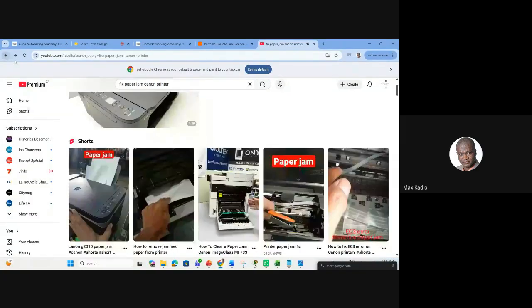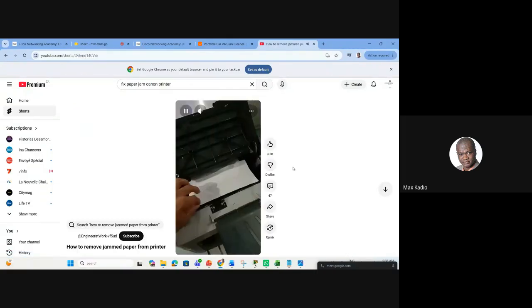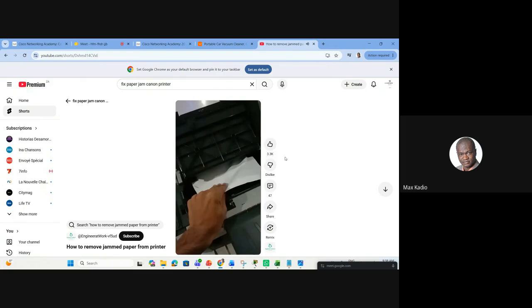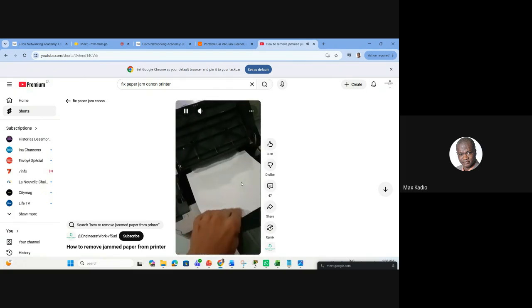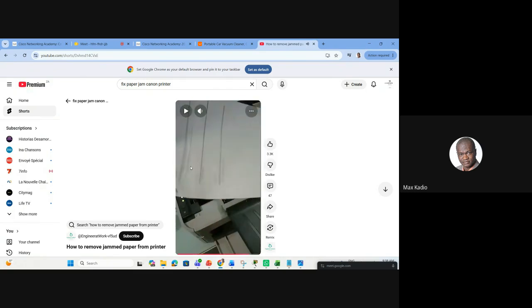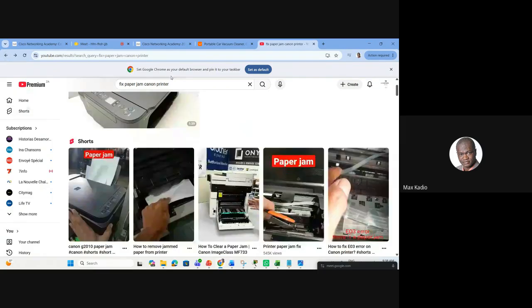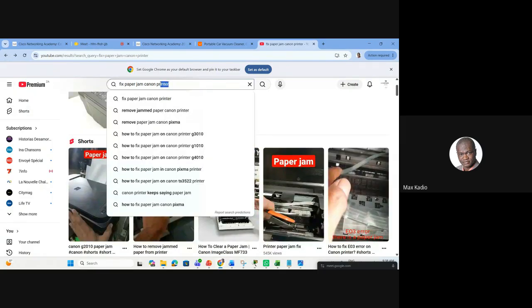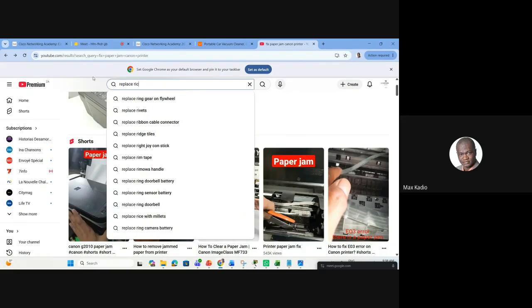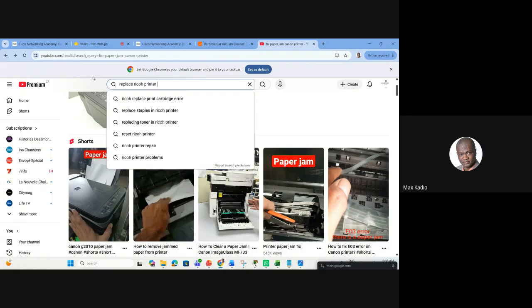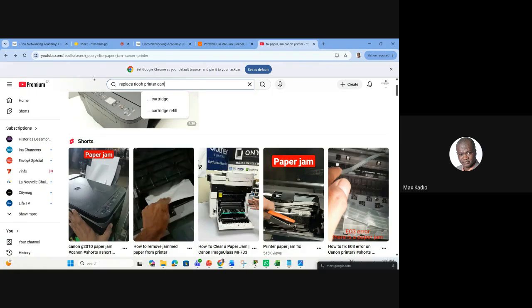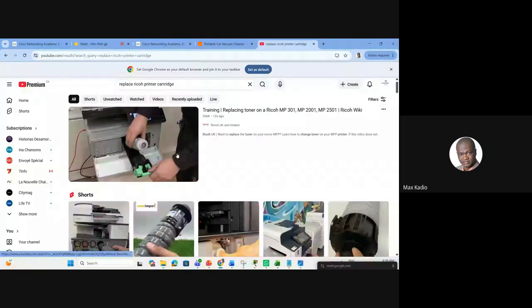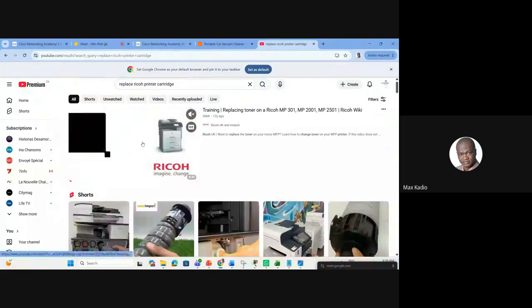And we also do some research. No one is born a medical doctor. So if you're stuck, just go to YouTube to see, for example, how to fix such an issue. For example, if you want to replace a Ricoh printer cartridge and you don't know how to, come to YouTube quickly, and you'll see that it's very quick.